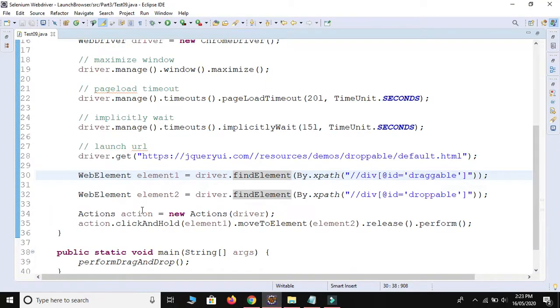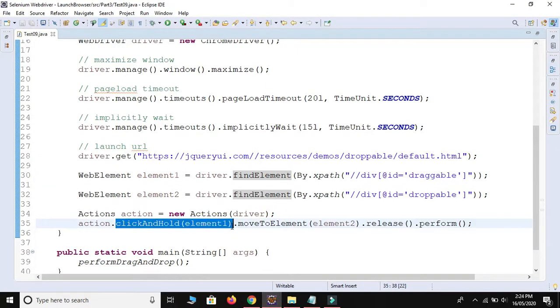Let me refresh this one. Manually, we just click and hold this element, and then we move the mouse from here to element2, and then we release. I have written the same script.